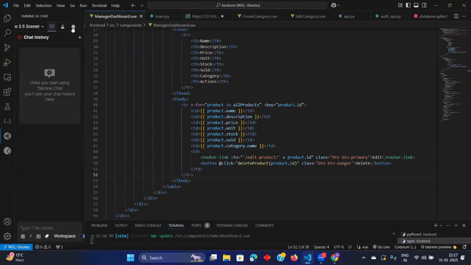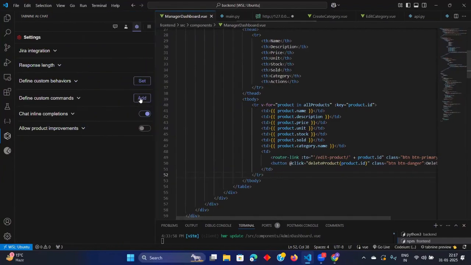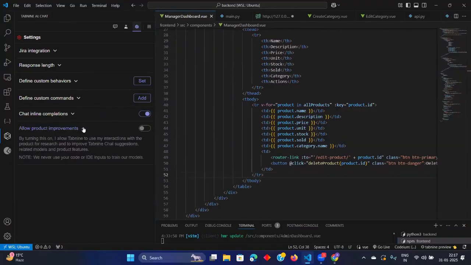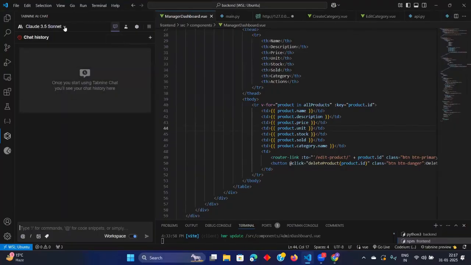Yeah, it is already there. I think it is working in the backend, not in this. I'm not sure on this.